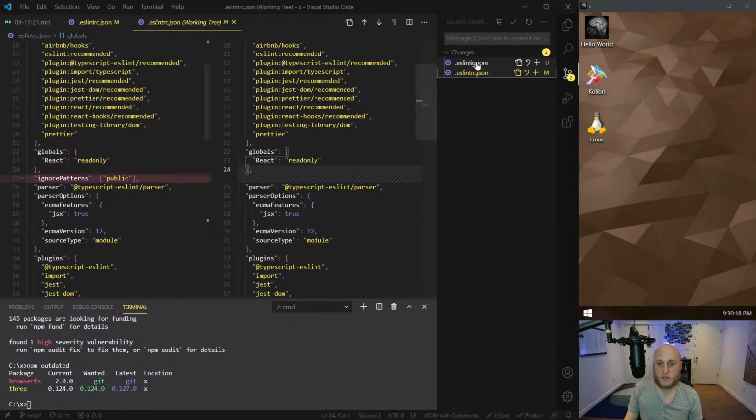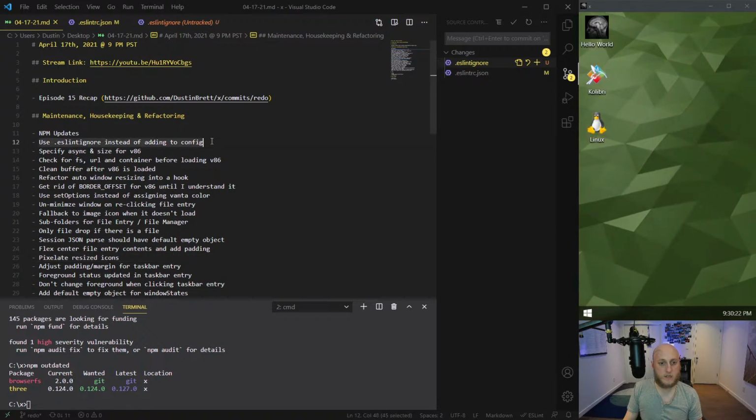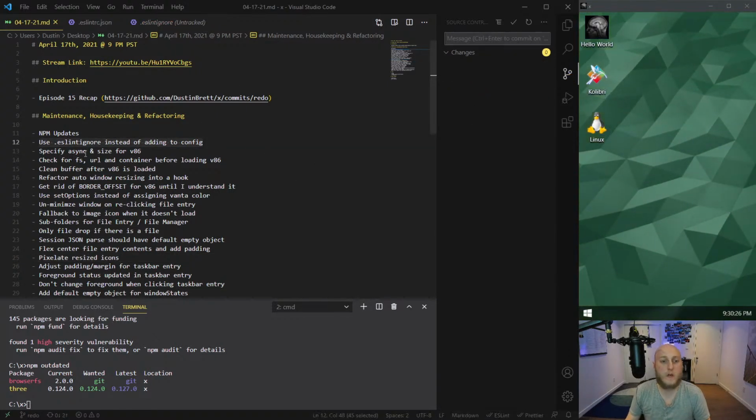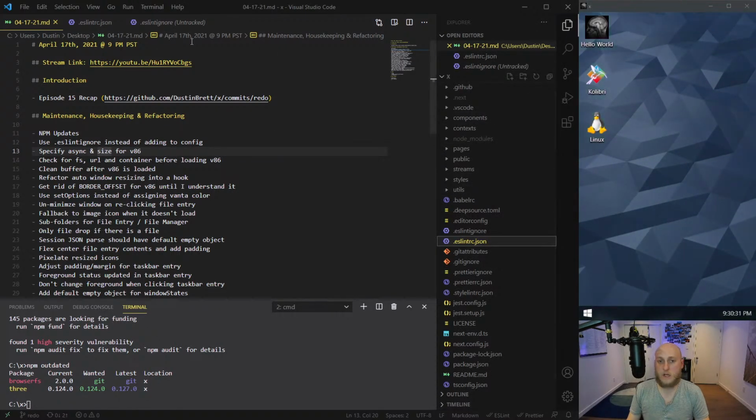All right, so that was a simple one. Let's, what did I word this here? Use ESLint Ignore instead of adding a config. Nice. Specify async and size. Yes. So for v86 here,